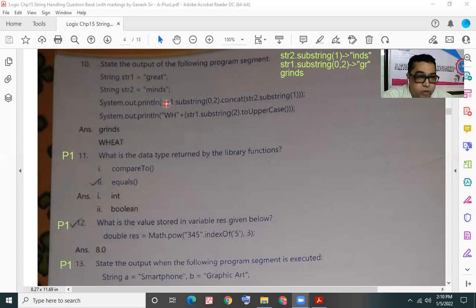I would have said yes, we would have gone left to right, except for this: what is written in this pair of brackets, str2.substring, which is the argument to the concat method, is going to be evaluated first, very first. So the innermost bracket, which has str2.substring with argument 1, we are going to evaluate first.